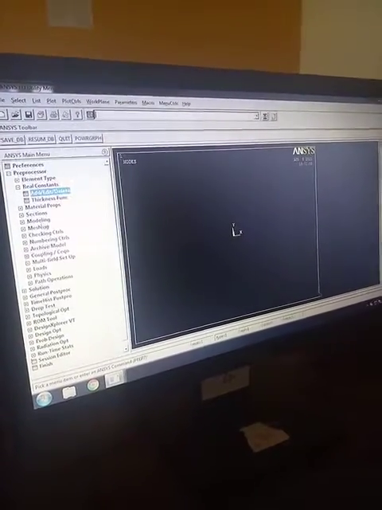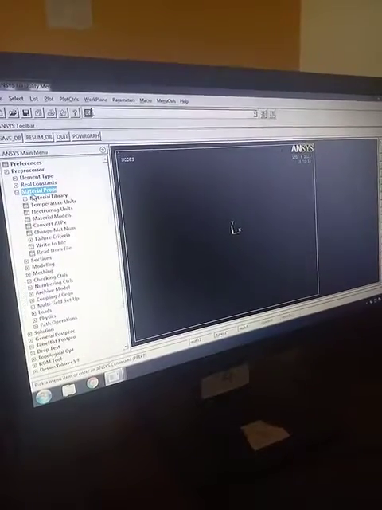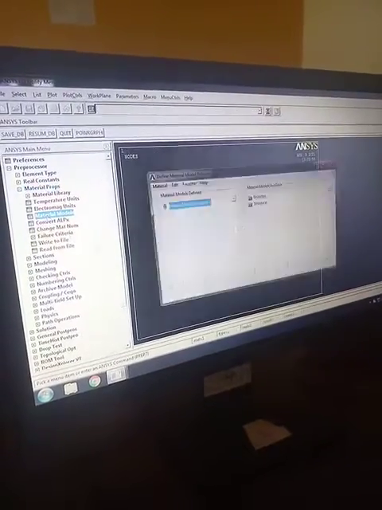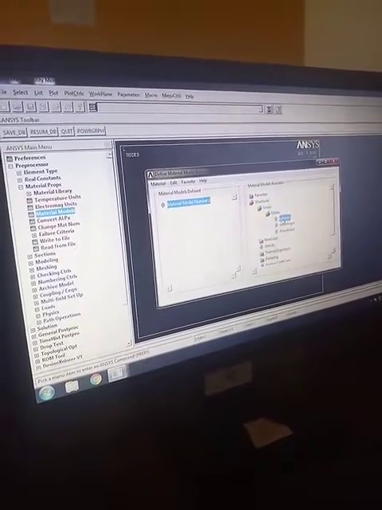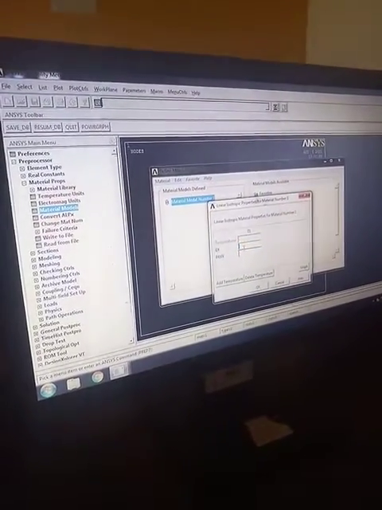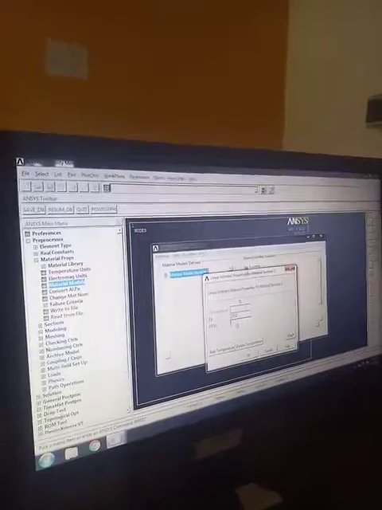So we will pass on to the next step, that is material properties, material models, structural, linear, elastic, isotropic. So you have a Young's modulus value which is given in the question, that is 2 e power 11, which will be in meters.